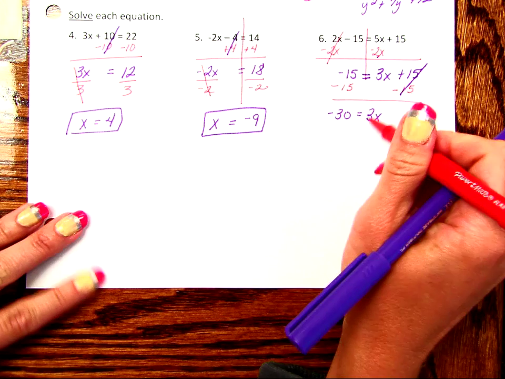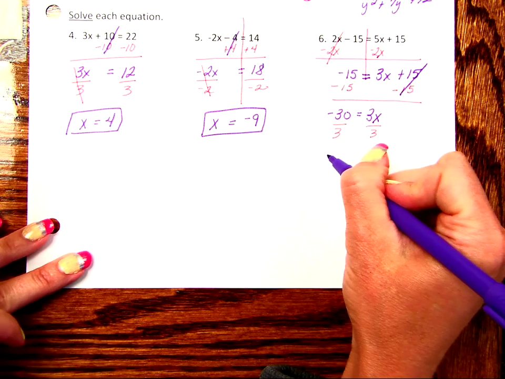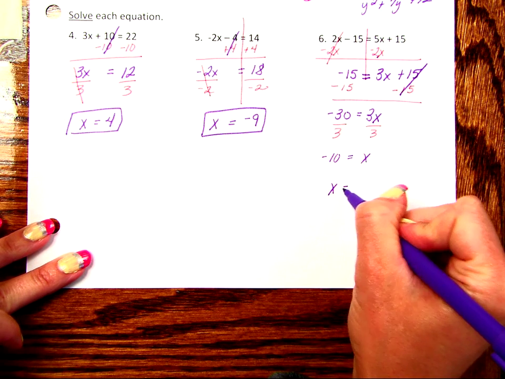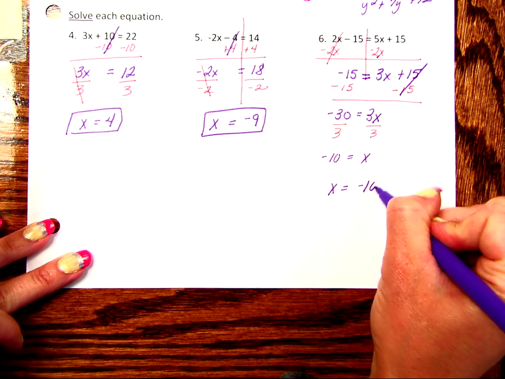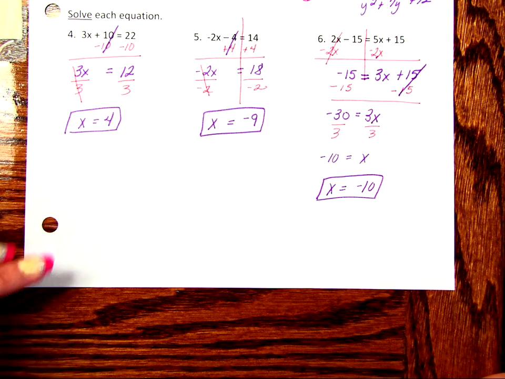Negative 30 equals 3x. We want x by itself. We divide both sides by 3. We find that negative 10 is equal to x. We can switch that around and say x is equal to negative 10. So those are your 6 review questions on simplifying expressions and